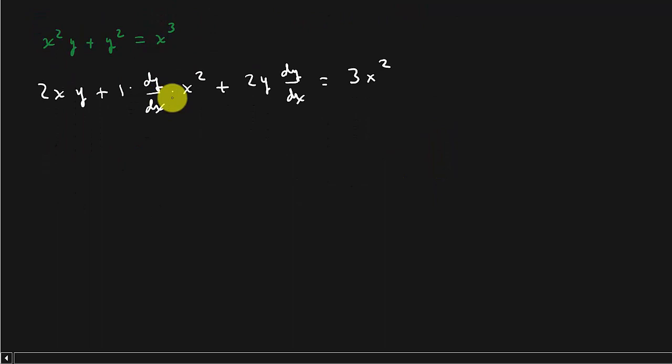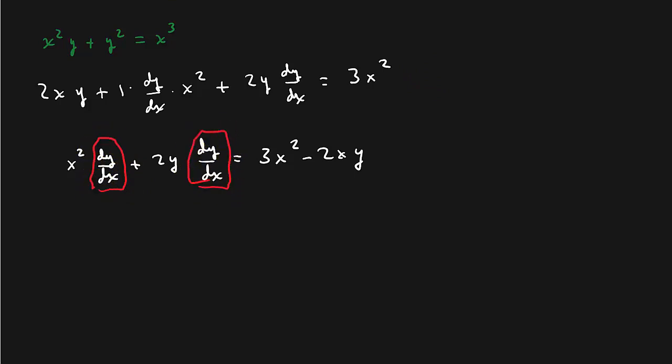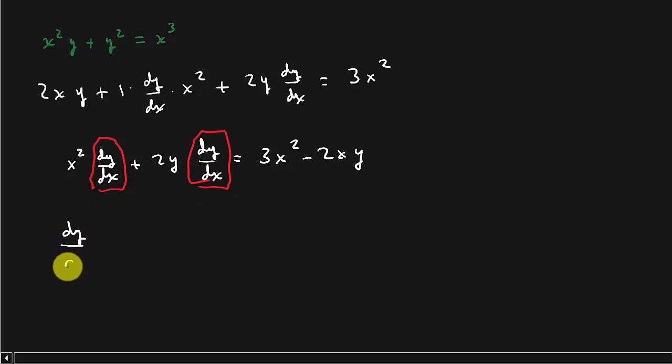And now we want to solve for dy dx. So I get x squared dy dx plus 2y dy dx equals 3x squared minus 2xy. The 2xy, I moved it to this side over here. Now, notice here how I have a common factor of dy dx. So I can factor out that dy dx, and I'm left with x squared plus 2y equals 3x squared minus